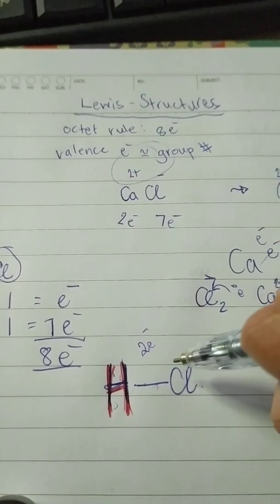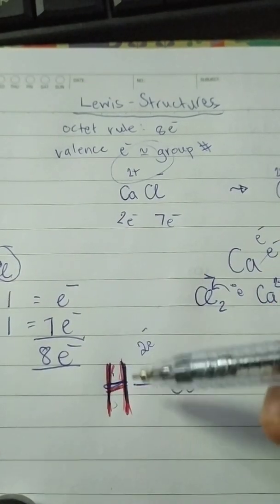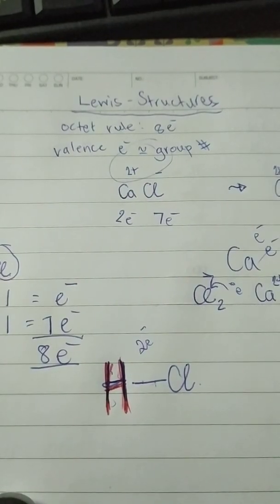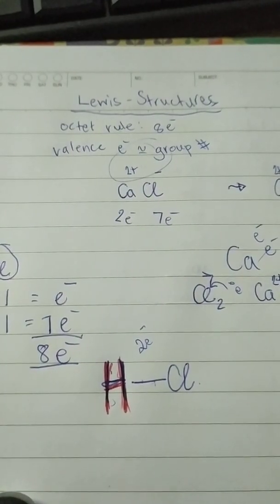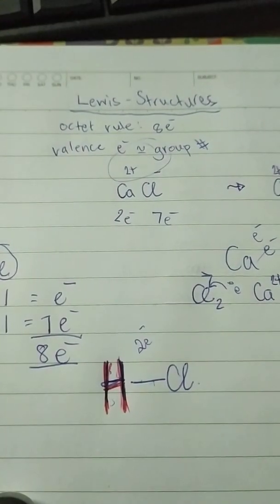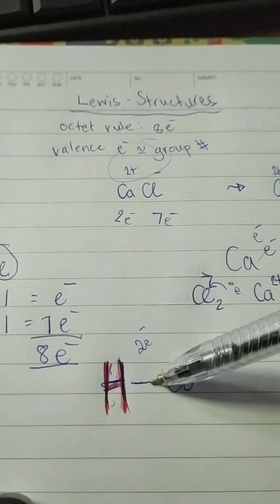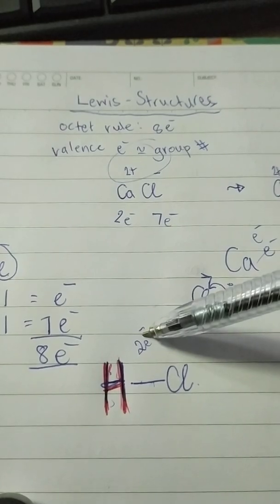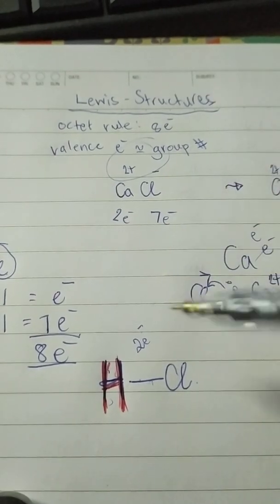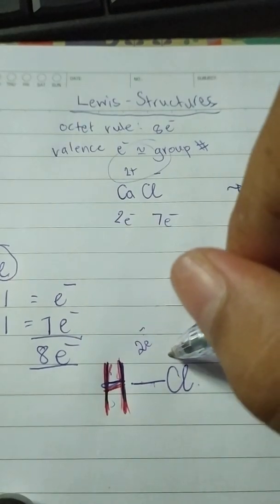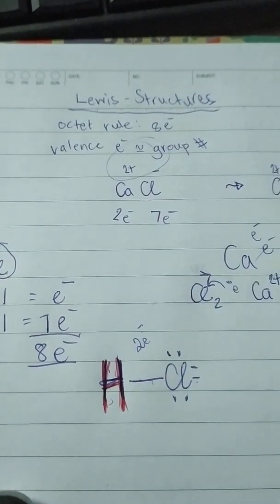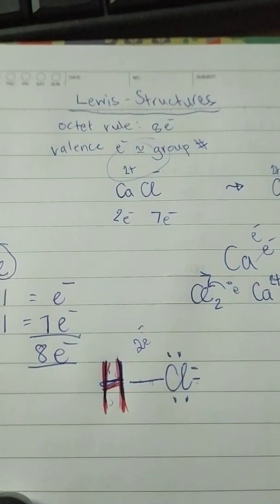So I'm going to start on the outside. Remember, this is my central atom, the one with the lowest electronegativity number. That's the central one. I already have 2 here, so I have 8 minus 2. I have 6 electrons left. I'm going to start on the outside, and we know that we need to fill in 6